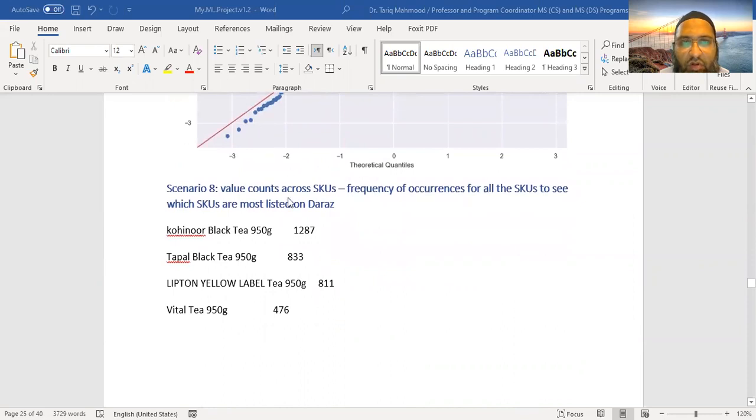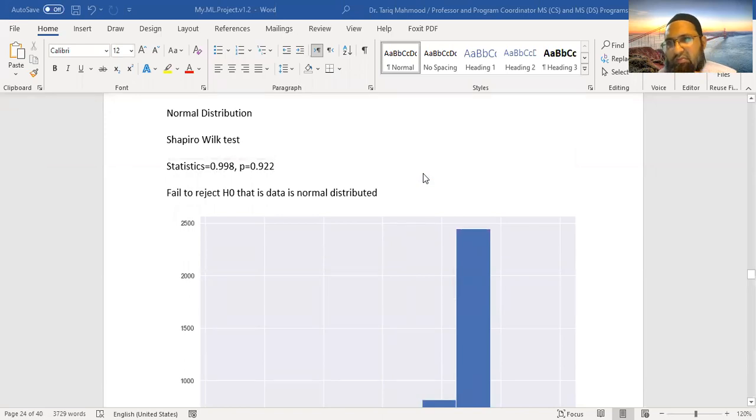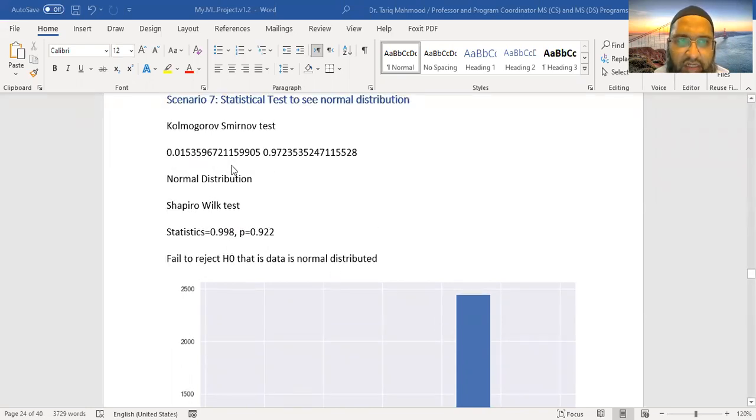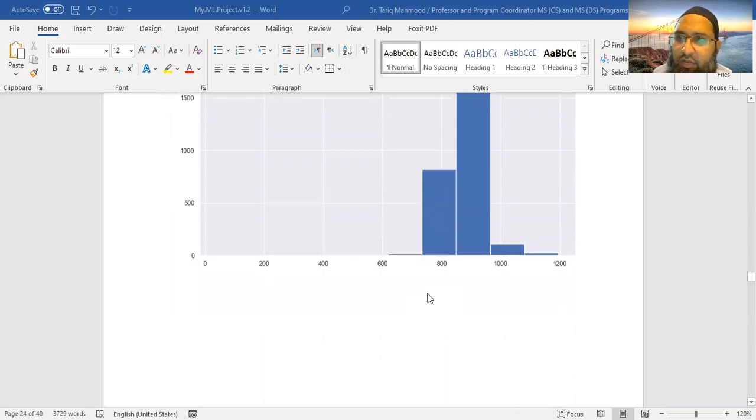So now value counts across SKUs. We can do much more here. We can do the same for all the brands. You can run the Anderson test, and that is going to give you a much better idea of whether your data is normally distributed or not. And if it is not, then you can do some transformations to make it normally distributed before you go for time series forecasting. Or you might not decide to do anything, because in time series forecasting you have the differencing option